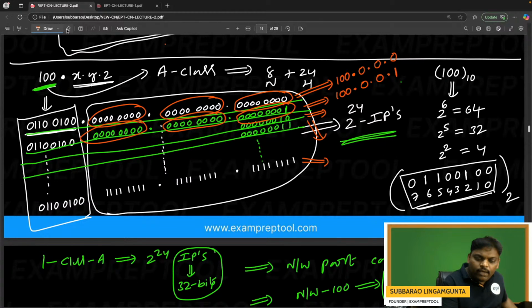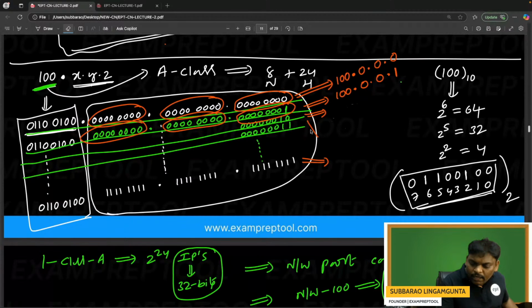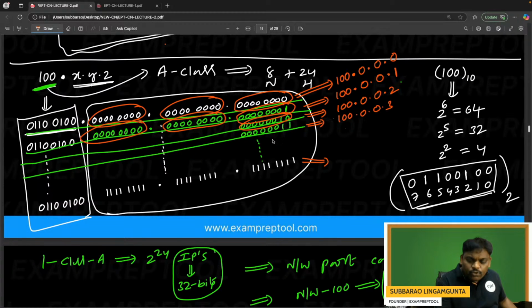In a similar way, remember, 2 power 24 IPs are there. I am writing them one by one. See this one, the network part is 100, then 0, 0. The next number is 2. Then this one is 100.0.0.3. If you keep on going, listen,